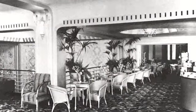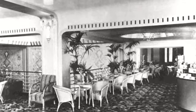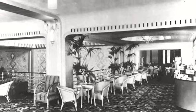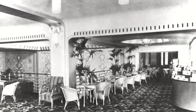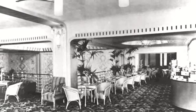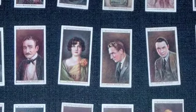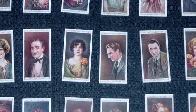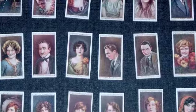The cinema experience didn't seem to end with the end of the film, with the cliffhanger of the children's matinee, and you'd find that people were really so keen on just being able to step into that realm of Hollywood glamour and freedom and escapism, and they would do it through collecting cigarette cards which had all the different Hollywood stars' portraits on them. So we're going to have this terrific display of a whole set of these tobacco cards